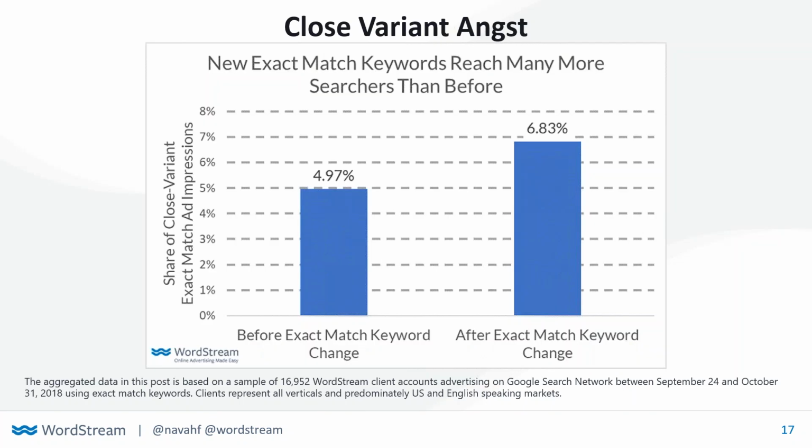Now with close variants, we are control freaks by nature. We love to, at least I am. And when it comes to close variants, this is potentially a really risky area if you do not trust the machines. When you see that you're beginning to match to that much more via exact, that much more via implied terms, it can be really scary.